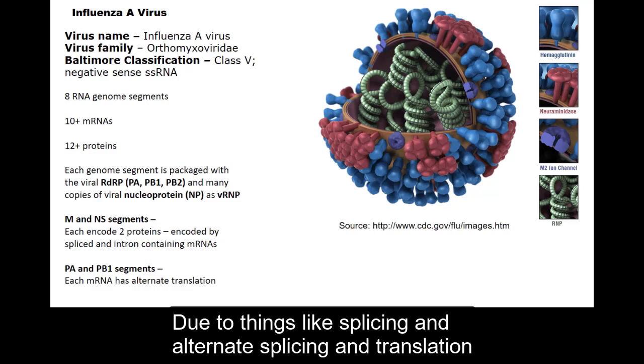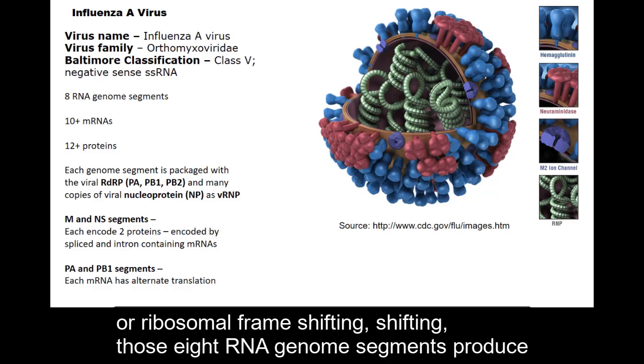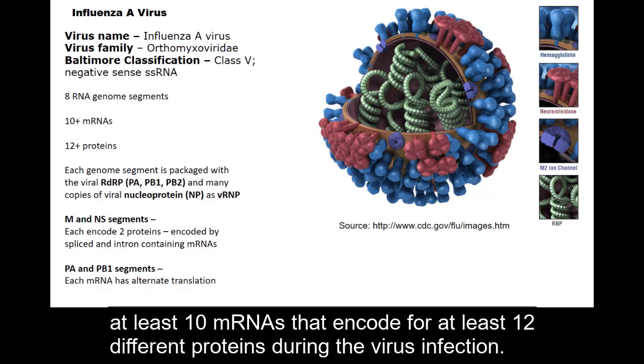Due to splicing, alternate splicing, and alternate translation initiation events or ribosomal frame shifting, those 8 RNA genome segments produce at least 10 mRNAs that encode at least 12 different proteins